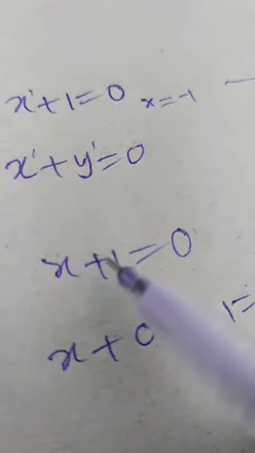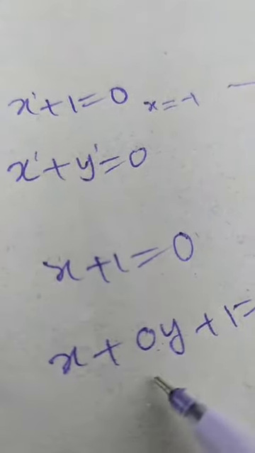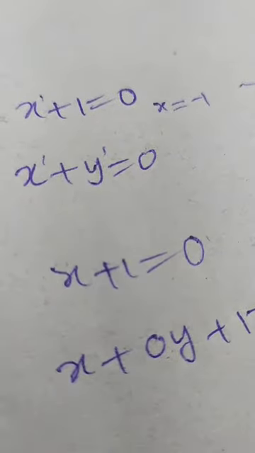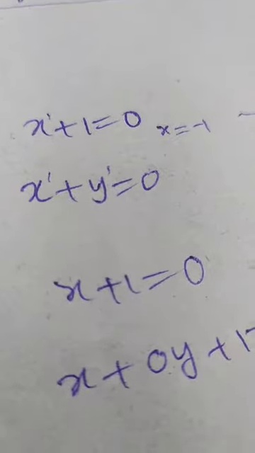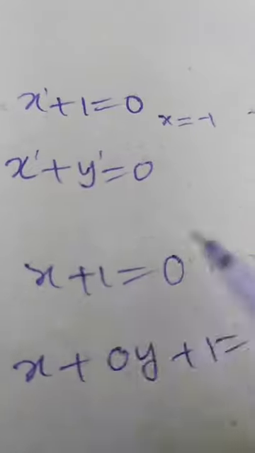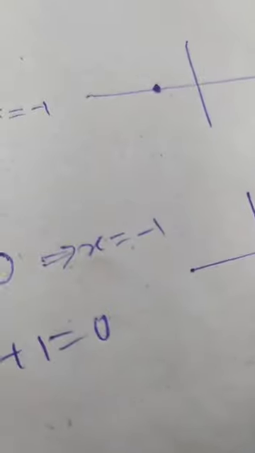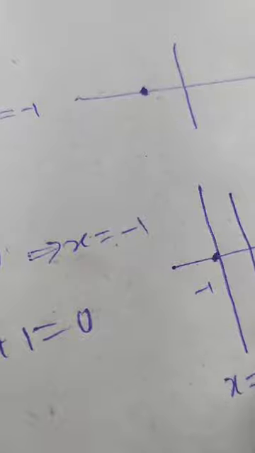So every linear equation in one variable you can convert into a linear equation in two variables. As we know, how to represent a linear equation in one variable graphically, I am drawing the diagram for x plus 1 equals 0. x plus 1 equals 0 means from this equation you will get x equal to minus 1. So graphically, if you draw this line, it will intersect the x-axis at minus 1. So this is the graphical representation of the equation in one variable.